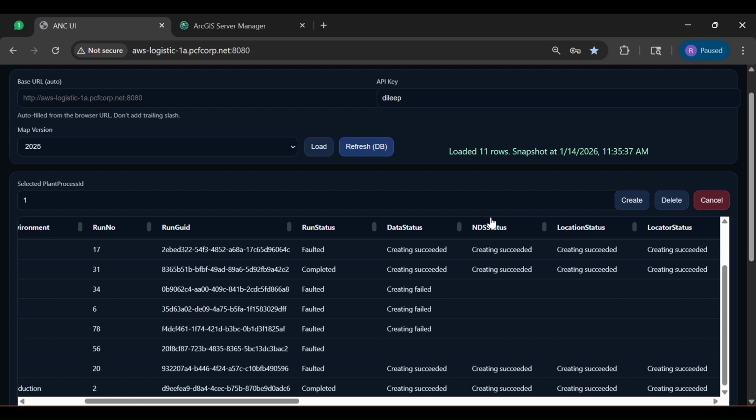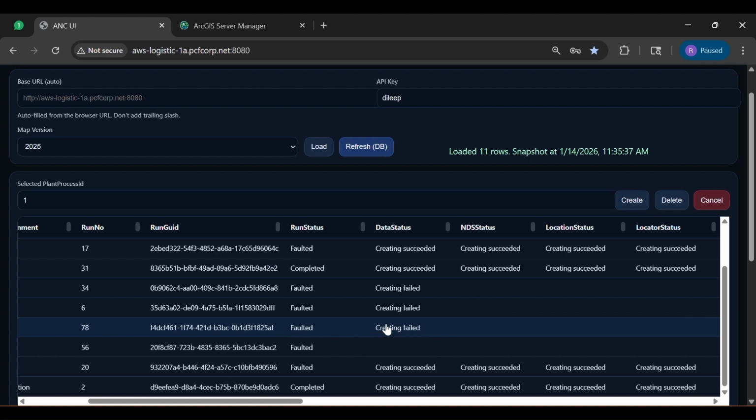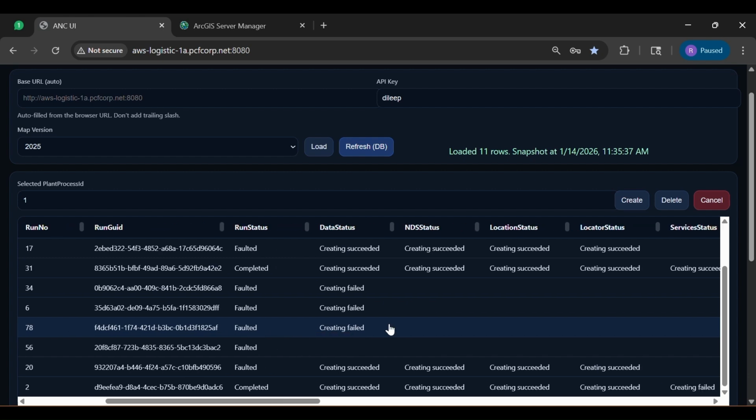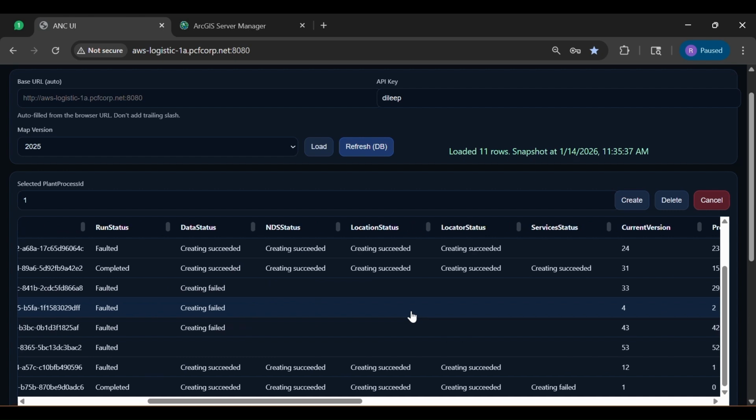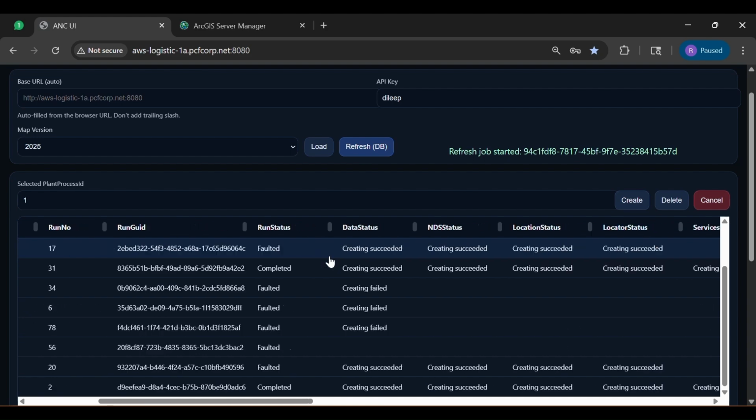In this table, each row represents a planned process record, including the plant, environment, the run number, the run GUID, and the status of the major pipeline components. You'll notice components like NDS status, locator calculation status, and the service status. This is important because it gives at-a-glance visibility into where the plant stands, whether something is completed, in progress, or failed. So the refresh DB button reloads this process table